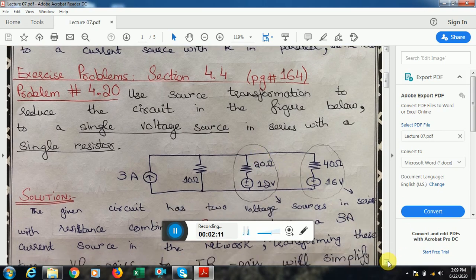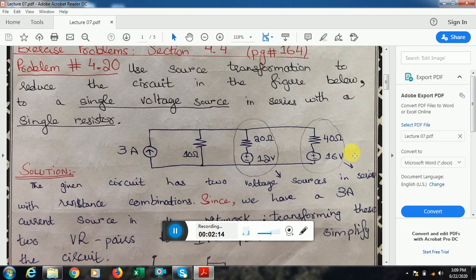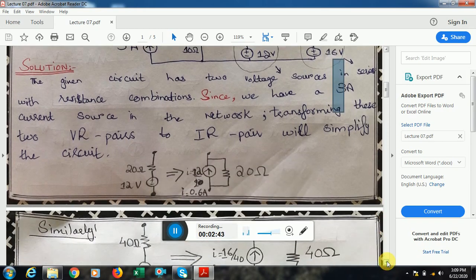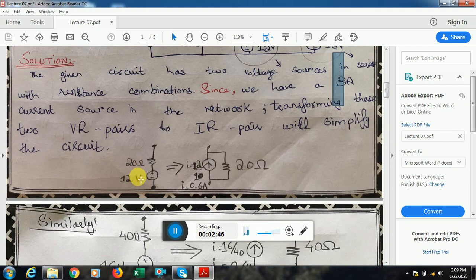Right now I can see I have 1, 2, 3 sources and 1, 2, 3 resistors. So this all has to be minimized and simplified to one voltage source and one resistor. We can see that we have two voltage sources in series with resistances. First of all, by the source transformation theorem, we'll change this into the equivalent current source in parallel to the resistor, and this also into the equivalent current source in parallel to the resistance, of the same resistance value. So I'll show you, like 20 ohm in series with 12 volt is replaced by